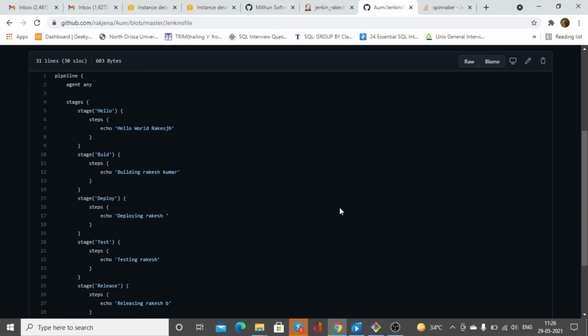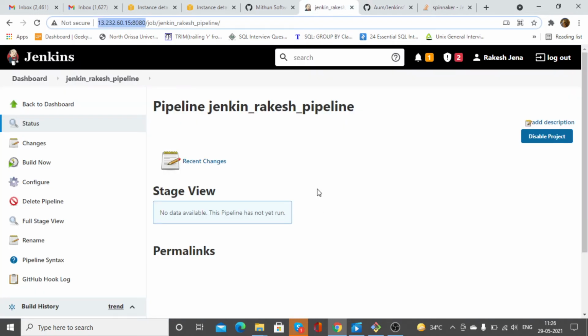This much I am going to print only. The script is not doing anything apart from this, so that's it. So let me run this script once. After that I will show you after doing any new commit how the build is working automatically.